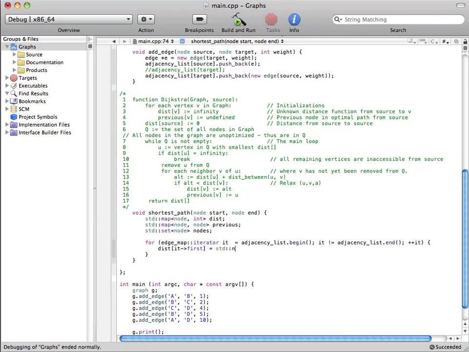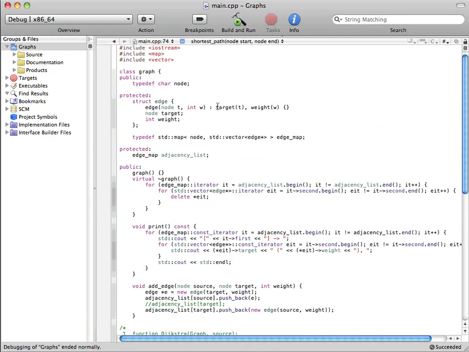Okay, so standard numeric limits, int max. Okay, so at this point, let's go ahead and add our missing header files too. All right, so standard numeric limits is actually a standard way to get the maximum value that can be currently represented by the type that you pass in. So in this case, this will give us the max value that can be represented by an integer. And the nice thing about this is that this is portable code, and it'll work everywhere that has an STL